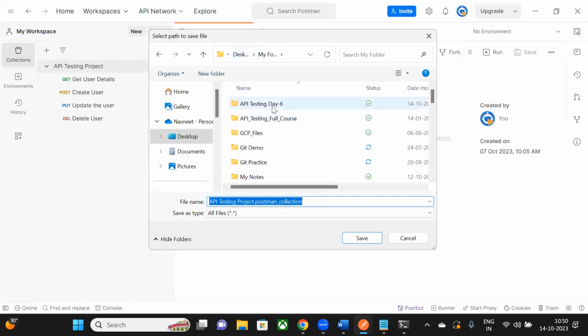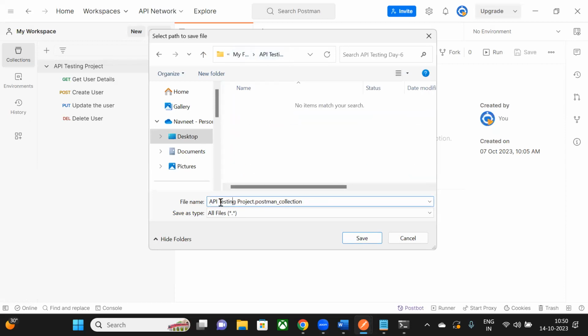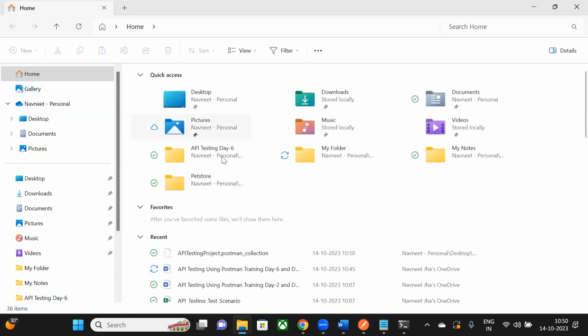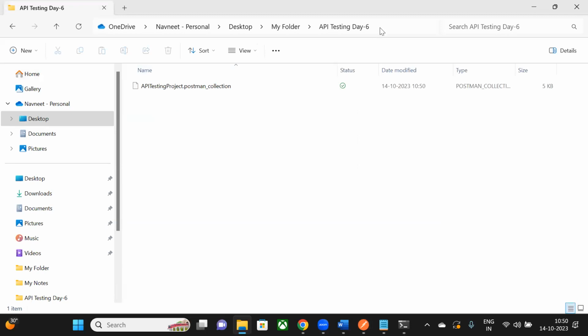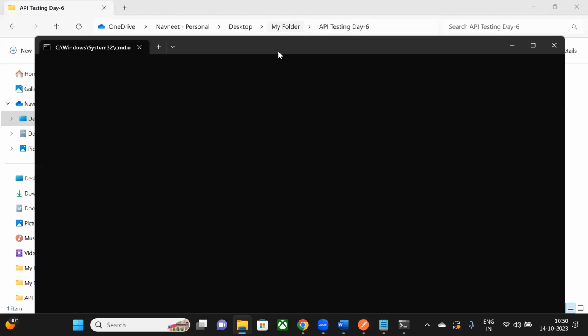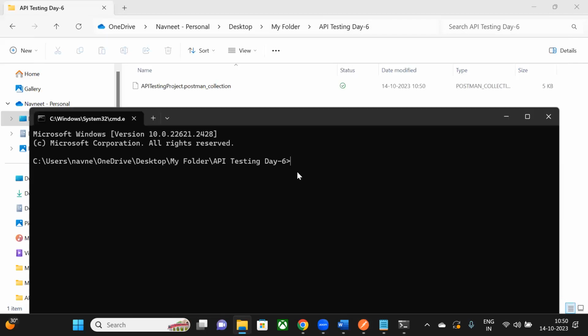Okay, my folder, Day-6. Just avoid the white spaces and save, right? It's saved. Now just go to the location, write CMD, hit enter,